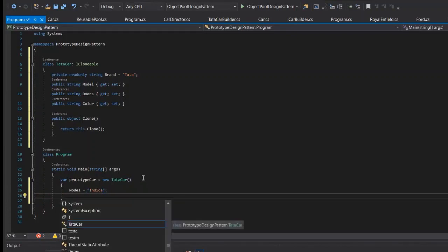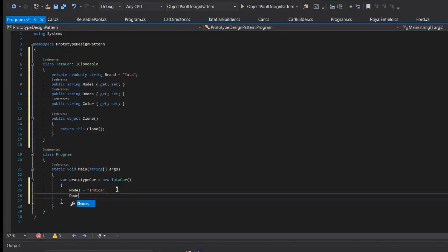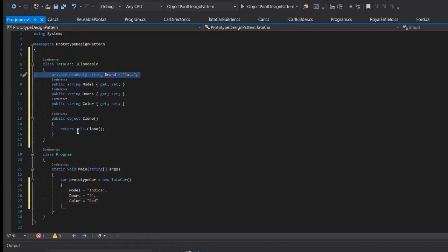Let's say next would be doors. Sorry, my bad. It's a comma. Doors, say 2, color equal to, say, red. So you can see some of the fields like brand are already there, which will be returned to us as a part of the direct clone object, and some fields which we can modify.